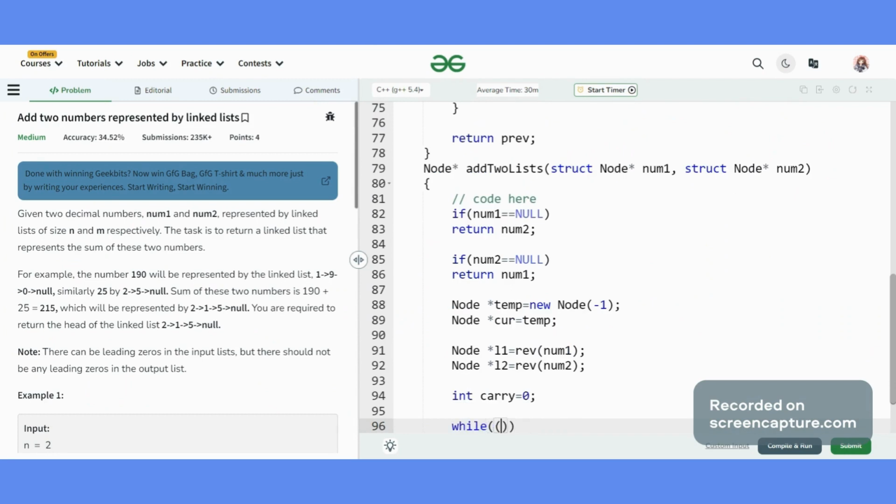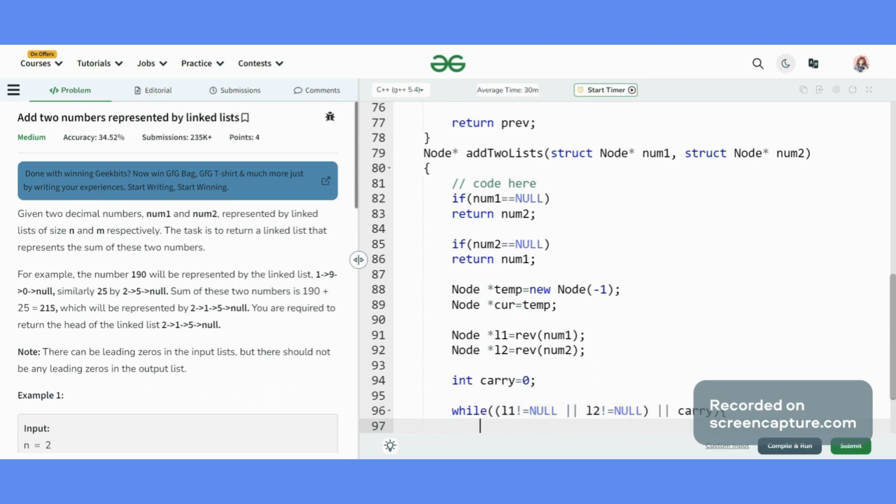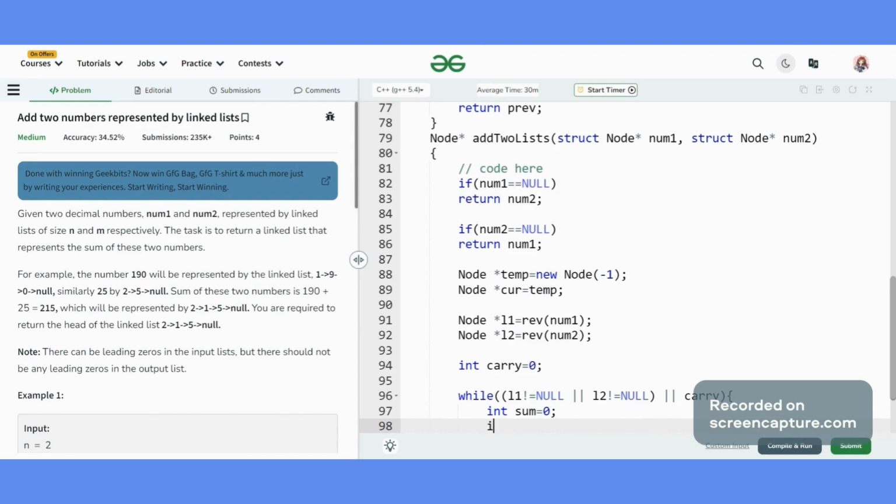What next? We now need to traverse the whole linked list, both the linked lists. And if there is a carry, still we will traverse. Now what? We will need a variable called sum to sum the two linked lists. If my L1 is not equal to null, what to do?